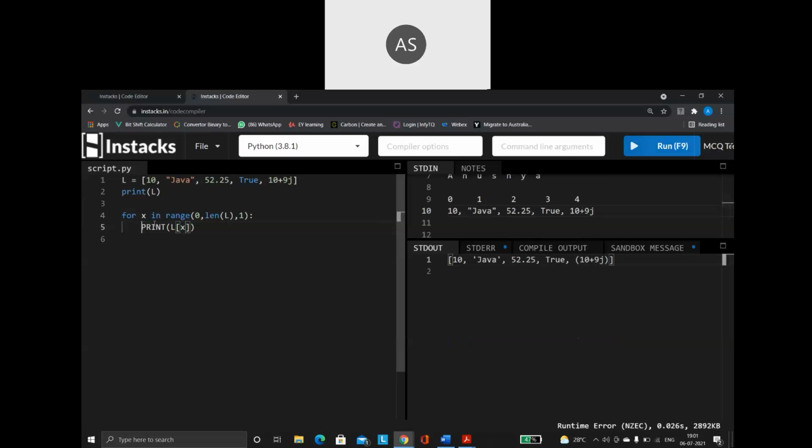Sorry, I have given it in capital letters, so it will not work. It just threw me an error. See, it's not recognizing. See, so individually, each and every element, it is taking the index value and printing separately.